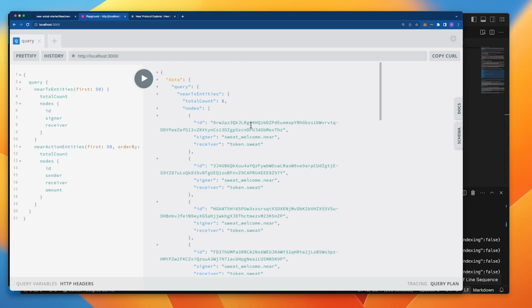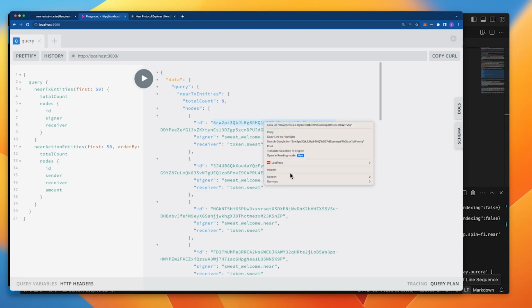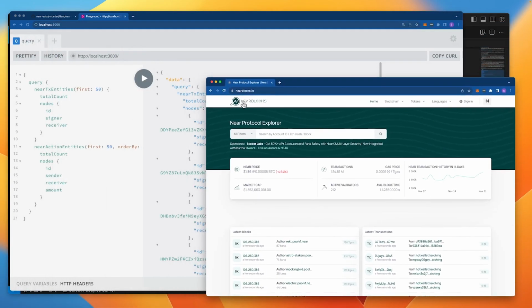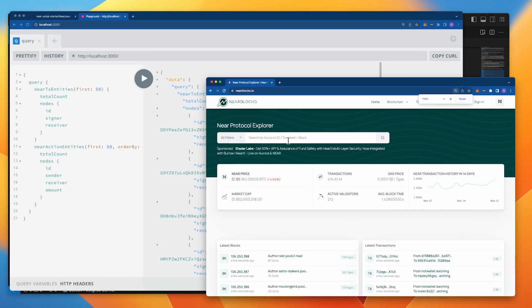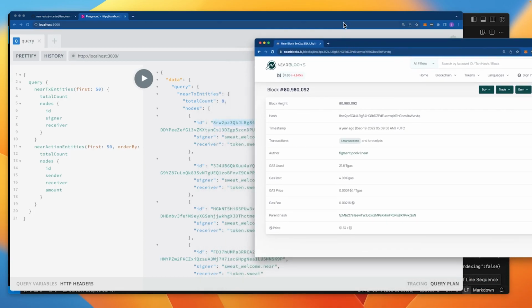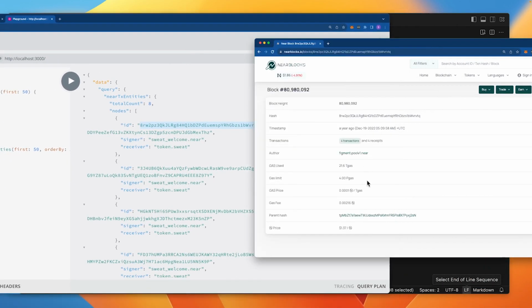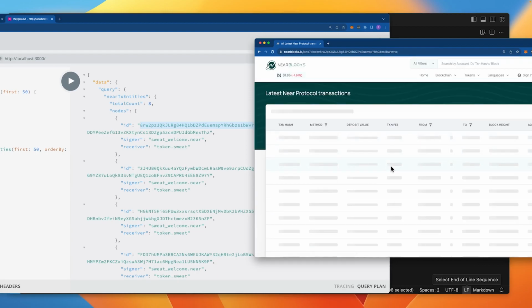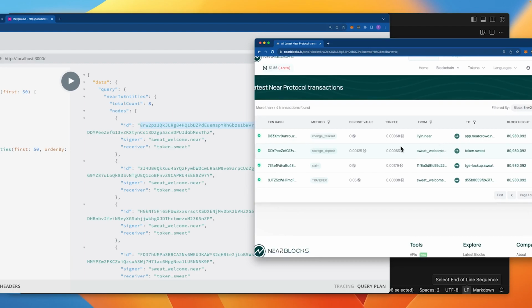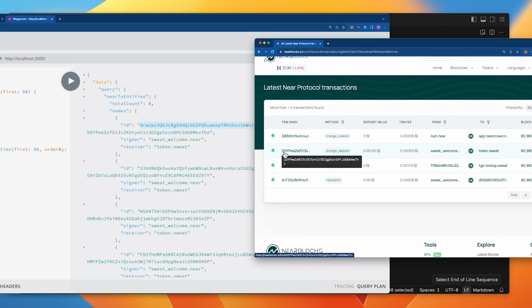And if I do want to cross check, what I can do is copy out the ID. And let's jump into our NEAR block explorer here at nearblocks.io, for instance. I'll paste in the ID, do a quick search, and let's do a very quick comparison here where you can see I've got 4 transactions within, and I'm looking for the sweat_welcome.near, which is this one here. We've got these two here, and the receiver is token.sweat, which is this one here. And you can see the transaction hash here is